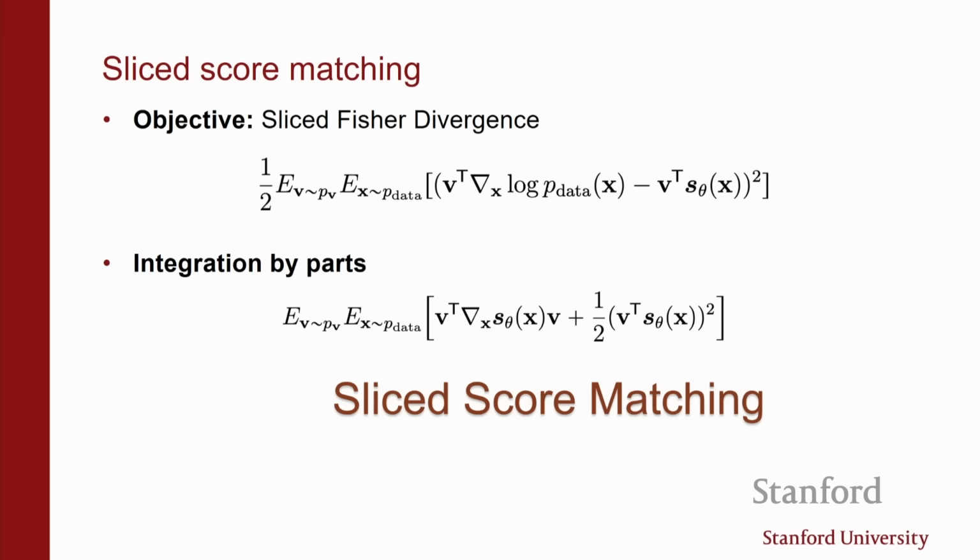Yeah, so you still need to do the integration by parts trick. So this one, you don't know it. The original loss would basically take, at every x, the dot product of the true gradient and the estimated gradient, and then you square the difference. You can't evaluate that loss because it depends on the true gradient, which you don't know. But then you can do integration by parts and rewrite it as this thing, which is like what we had before, and it no longer depends on the true score.